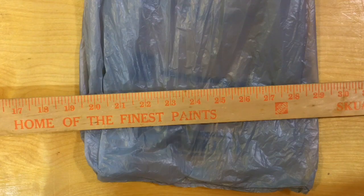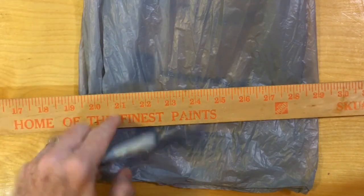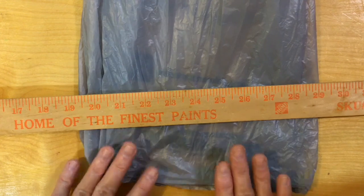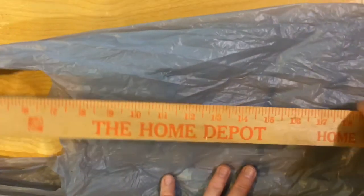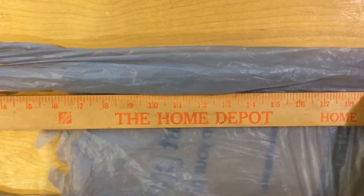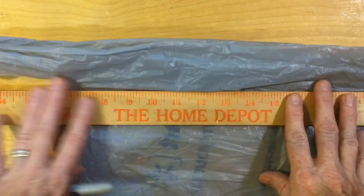If you're going to use a store plastic bag, go ahead and get your yardstick and your permanent marker in your bag. They won't be as long as the construction tape or the plastic tablecloth, but it will still work. Place your yardstick or your ruler on the side against the bag. This is the handle. I'm going to press up against it,